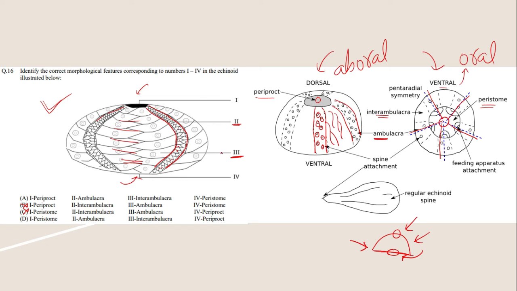As I have told you, a normal echinoid will always exist with the oral side, or ventral side, facing downwards and the aboral side, or dorsal side, facing upwards. So if this is the aboral or dorsal side, it must be a periproct, as you can see in this case. Hence A should be the correct answer, because 4 will become the peristome in that case. Hence D gets ruled out here. So this is how you can identify it, but for that you need to have an idea of the morphology of these important phyla, these important invertebrates.